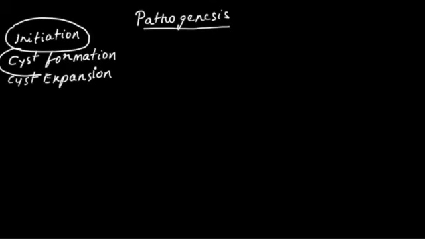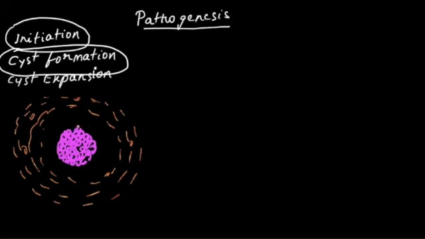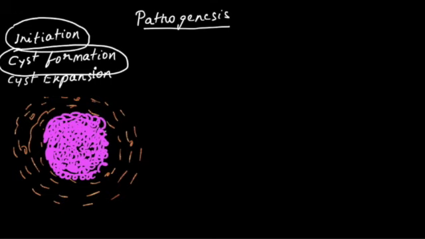Let's go to the next phase, that is the phase of cyst formation. Here there are two theories. The first goes that this is the connective tissue area, and there are the cell rests of Malassez, which because of inflammation have started proliferating, and they just go on proliferating, increasing in number so much so that this becomes a big mass of epithelial tissue. So we'll just go on adding a lot of epithelial cells.